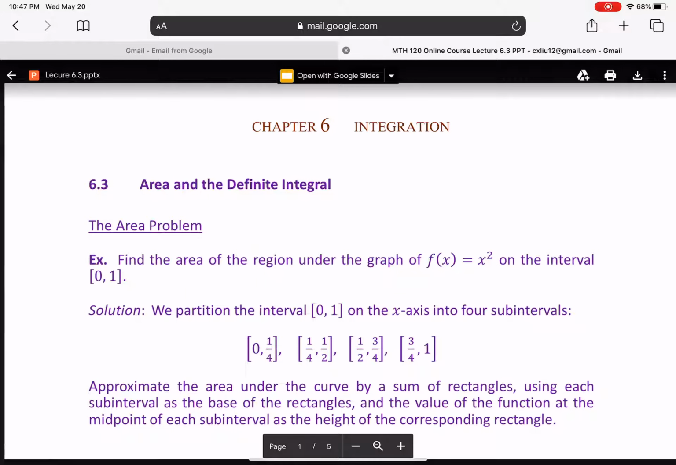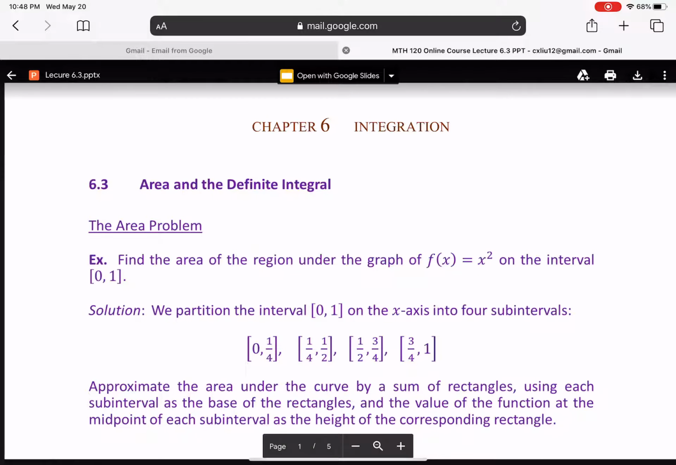Hello, today we're going to discuss 6.3, area and the definite integral. We discussed indefinite integrals in 6.1 and 6.2. We know the indefinite integral of a function is just the family of antiderivatives of the function. In this section, we're going to introduce a new type of integral, the definite integral, and we start from the